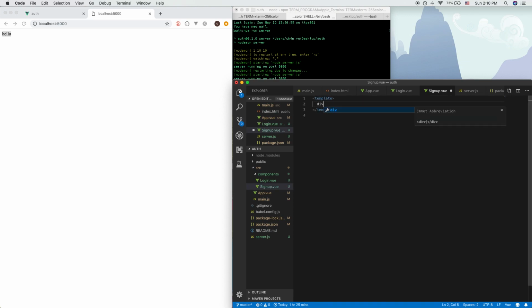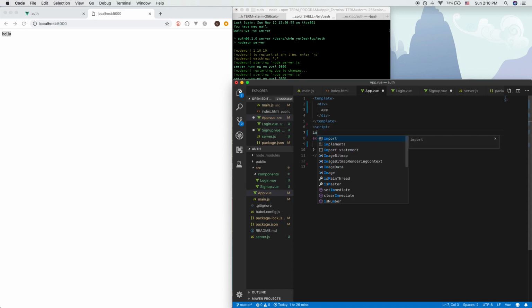So we'll create a simple template. Sign up. Script. So in this sign up section, we'll only have simple. Well, initially, let's grab the sign up folder. We'll get a sign up component and kind of display it so that we're able to see the existing changes throughout the sign up component. So import sign up from